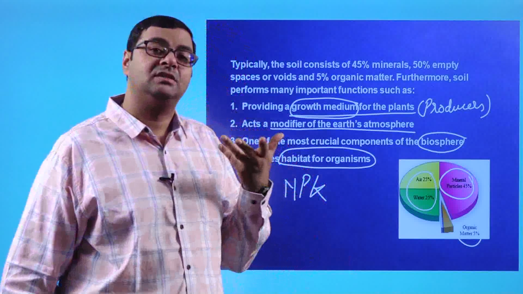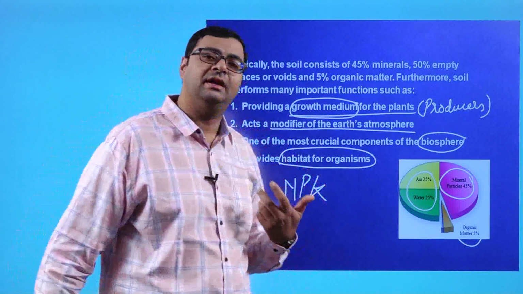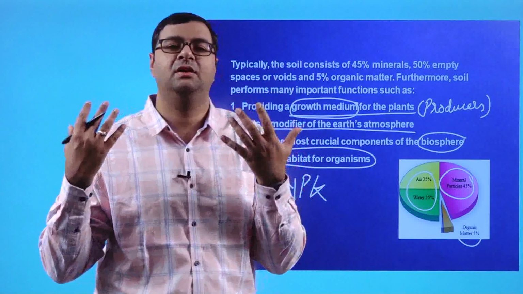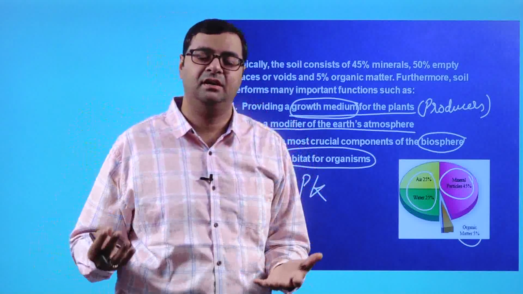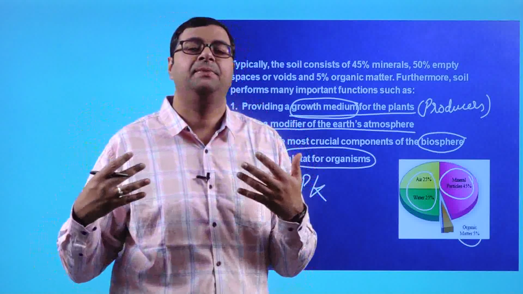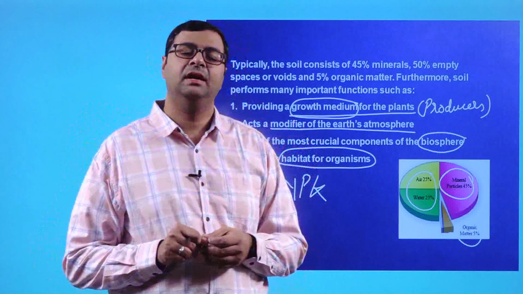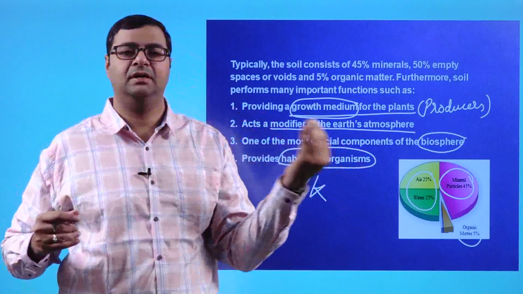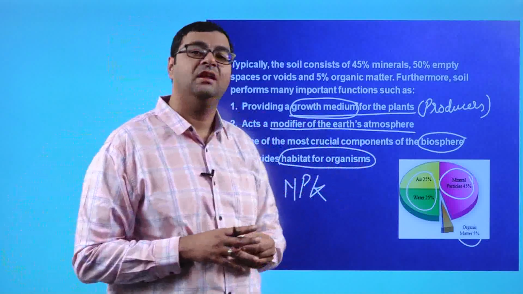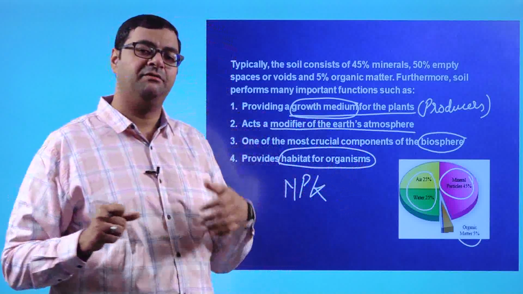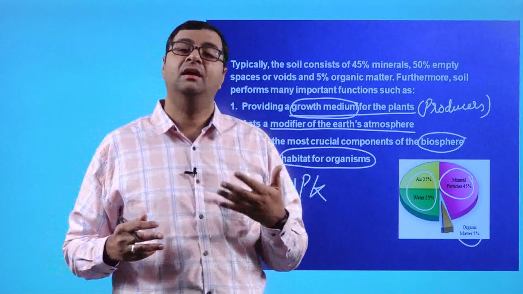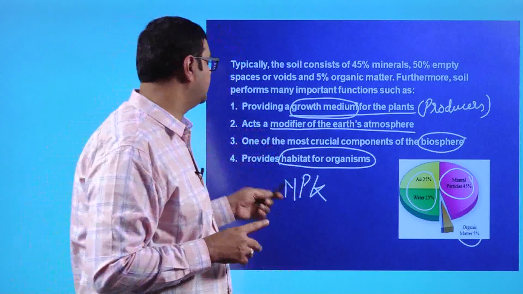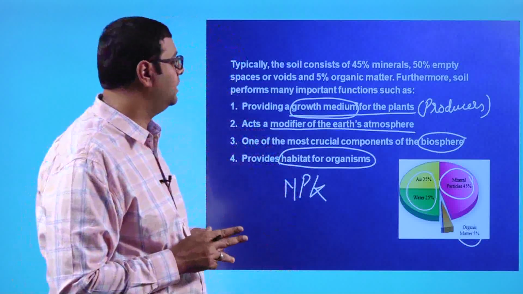In the same way, the other organisms also differ depending on the soil. Say if we are talking about deer, I will not say vegetarian, I will say plant-eating animals, they have distributed themselves around the Earth's surface depending on the soil conditions over there. Different plants grow at different soil conditions, so the animals also have adapted accordingly. These are some of the most important functions of soil.